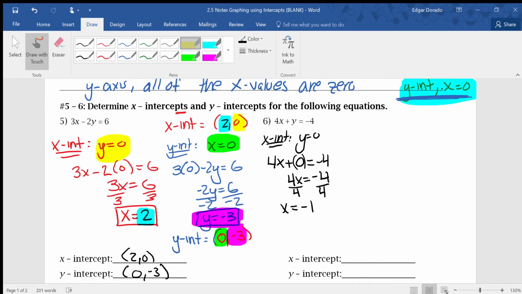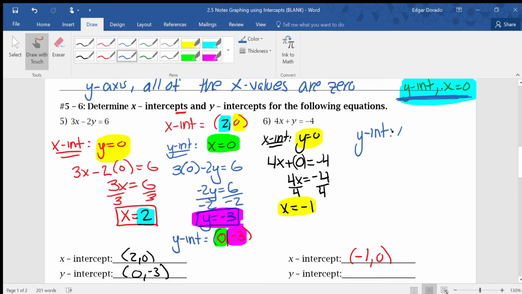Well, I have them both here. My y value has to be 0, and my x value has to be negative 1. So for my x-intercept, I'm going to go ahead and write negative 1, 0. Okay, cool. Now for the next one, I'm going to do my y-intercept,